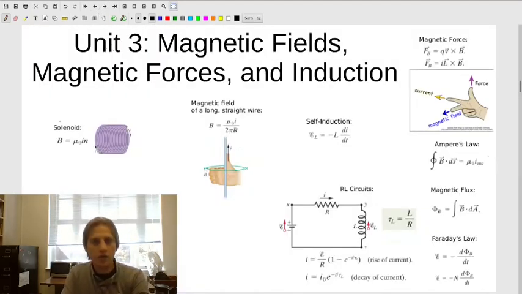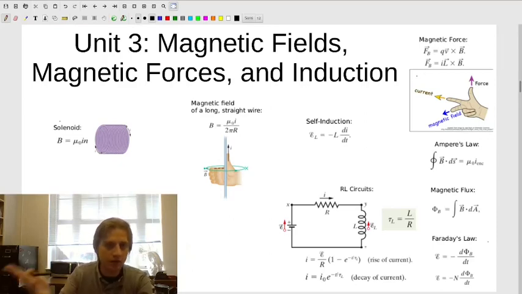Okay, now today we are going to do Unit 3 and Unit 4. Unit 3 was on magnetic fields, magnetic forces, and induction. Now, this was a very difficult unit for a lot of people, and it's because magnetic forces act in such a funny way. In our electric forces, our electric fields, the electric force is either just parallel or anti-parallel to